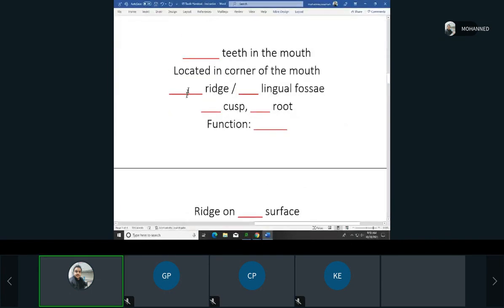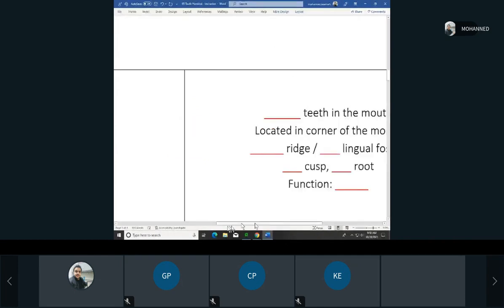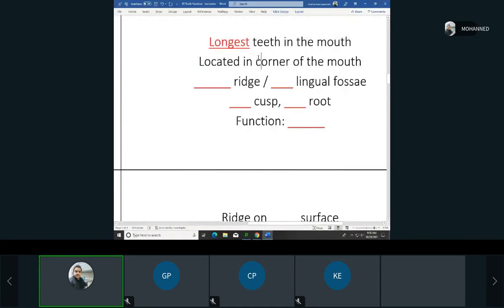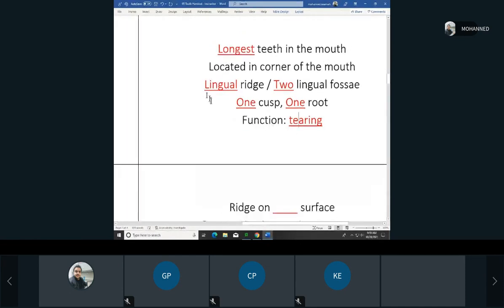So now we're talking in general for the canines, right? They are the longest teeth in the mouth, located in the corner. They have a lingual ridge and two lingual fossae. And then how many cusps? One. Roots, one. Function: tearing, right? So if we're good with this,